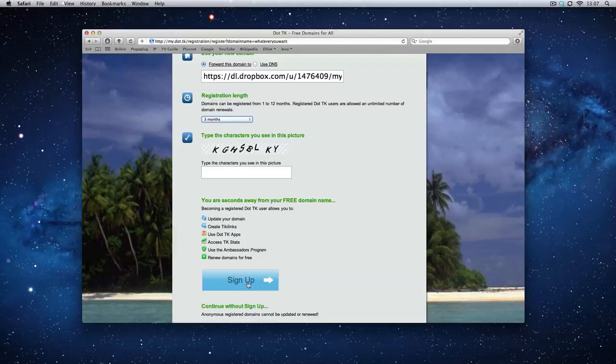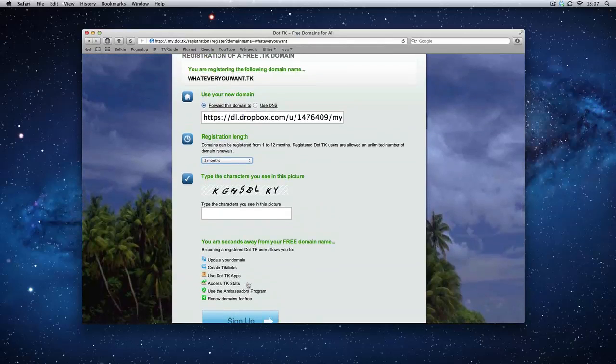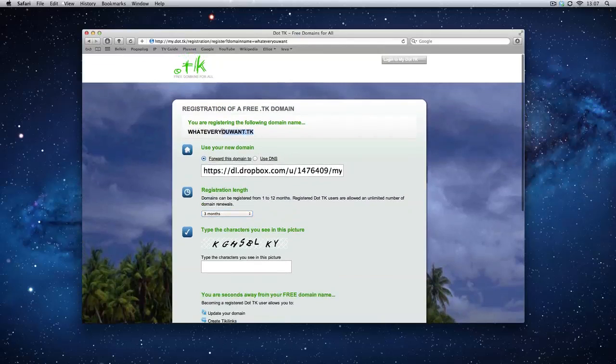Now your username is normally you'll set up like an email address, and you want to have a password for actually logging into .tk, because you can check your traffic flow. There's all sorts of things you can check through it. Once that's then done, it will take anything between a couple of minutes to up to about half an hour for .tk to get your link up and running. Once it is, then you can simply just type that into your address search bar, and there's your actual website